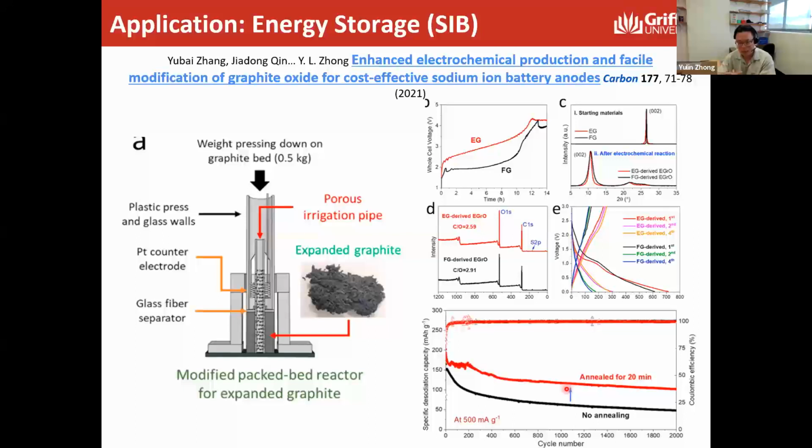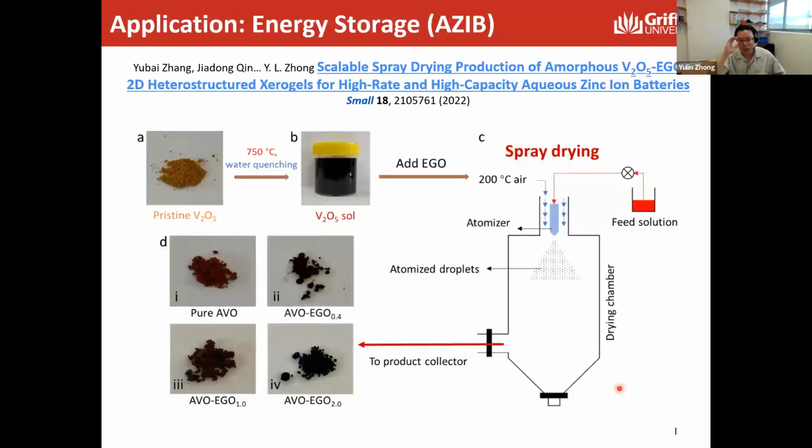So that's the thing. We could do some small modification to the product to make it better. And for this example, it's used directly in a sodium-ion battery. So in the next example, we mixed it with vanadium oxide. Vanadium oxide, I think we are all familiar, is a good material for zinc-ion batteries. So in this vanadium oxide water dispersion, we just simply add our EGO in it, and then we put it